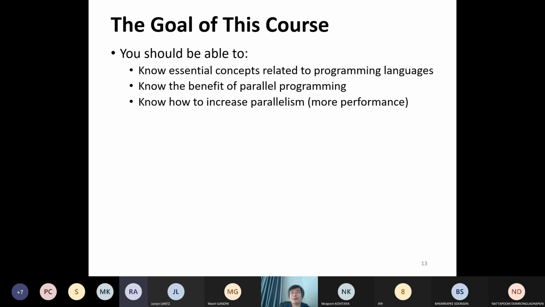Wait, did you take data structures before? Because that's a much more important class. Okay, if you took data structures before, you're good, because we're going to cover how to write some of those structures using recursion. I don't intend to cover data structures separately. I'll cover data structures in the context of